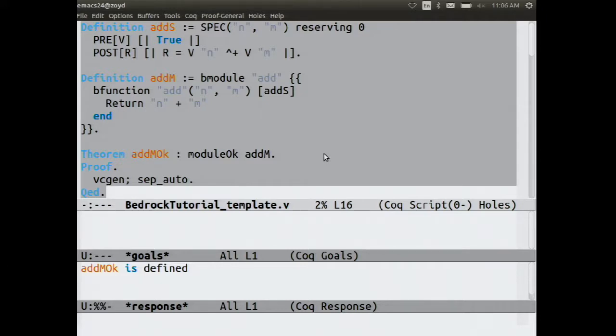Modulo K is doing... Yes, modulo k means every function meets its spec. Yep. And this demodule notation here? I'm not sure. Is that a question? Demodule in the definition thing. That's not clearly a question. What does it mean? It's just delineating a program module. Okay. And this notation has been defined somewhere else? All the notations I'm using here for all my examples are defined in libraries that are not going to be on screen, but that we do rely on. Okay.